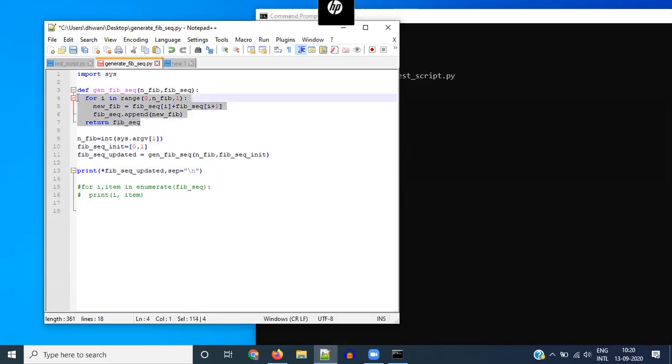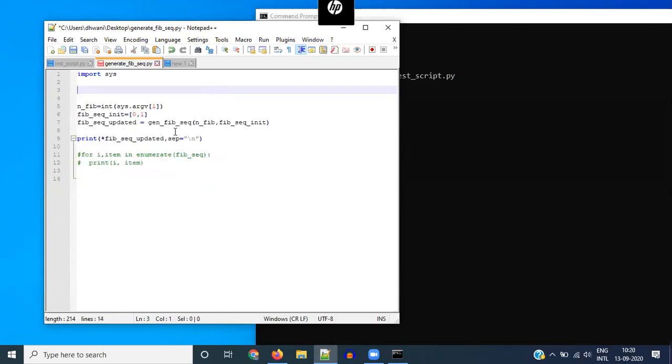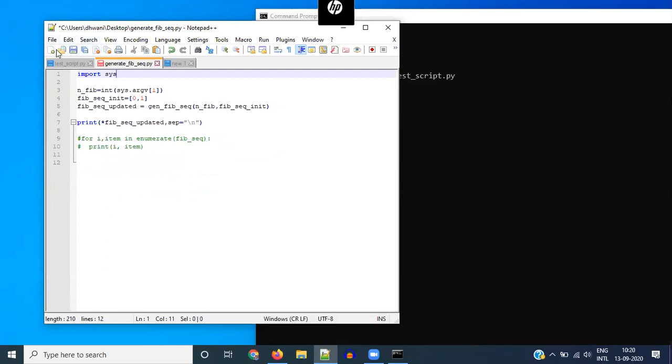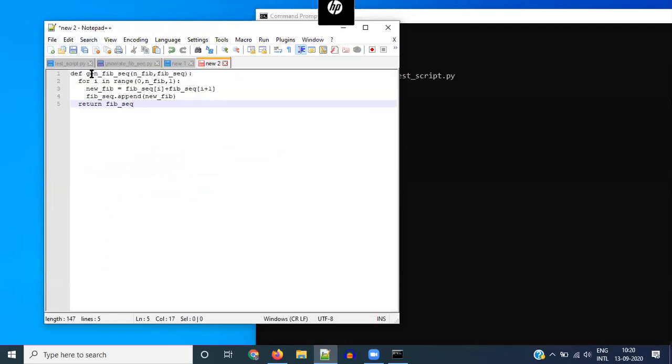Now let's cut the function from here and open a new script and save it here. Paste it here, and so when you do this, you have to check to see if you're using any imported modules in this function block. So for example, if you were using NumPy or SciPy or something else, then those have to also be imported here. But right now it doesn't look like we're using any packages.